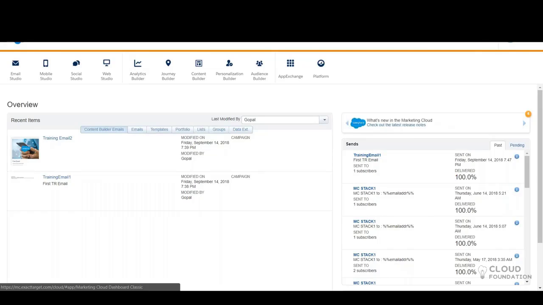And for server side, we have SSJS. That's a different development language, SSJS. And then for querying the database, we use SQL. The syntax is pretty much the same as MySQL.